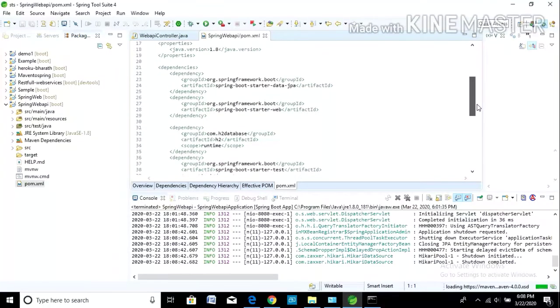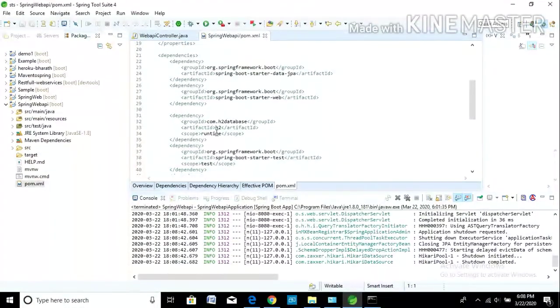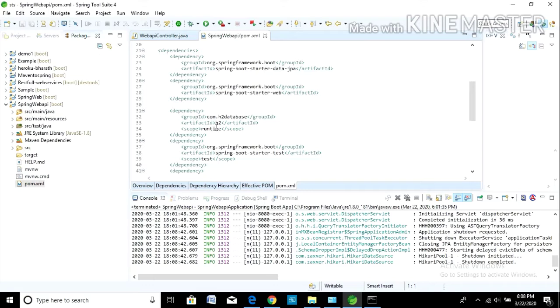and change the database dependency. Previously we were using the H2 database, so now we configure our new PostgreSQL database. So type org.postgresql, postgresql, and just click on save.